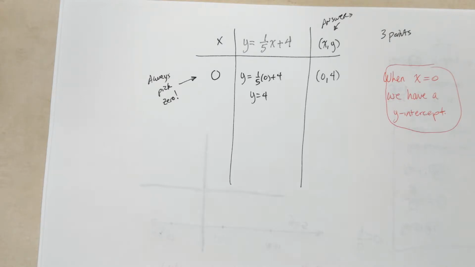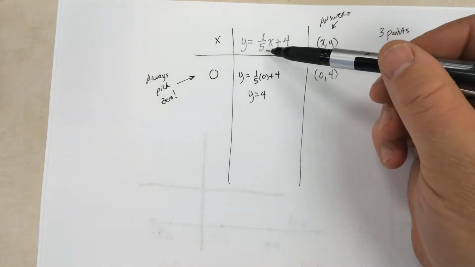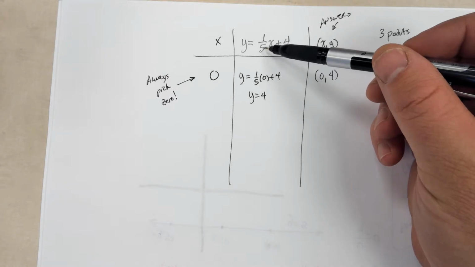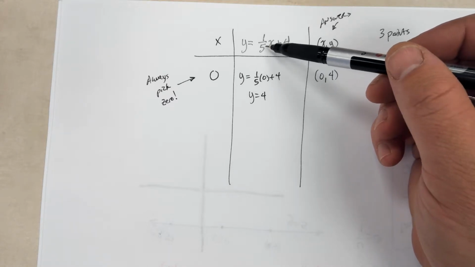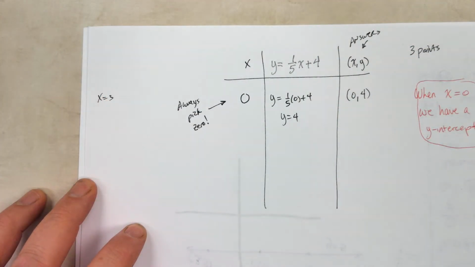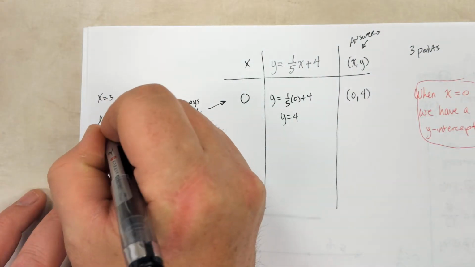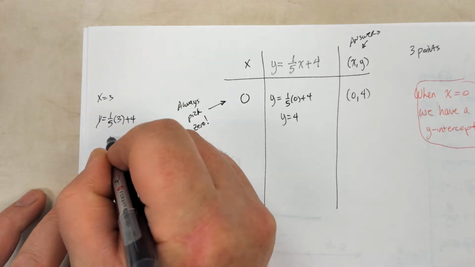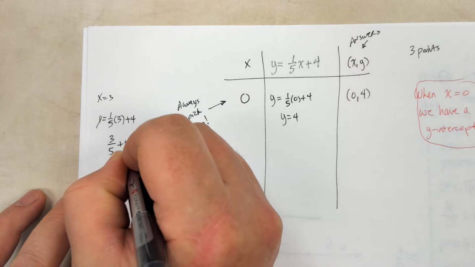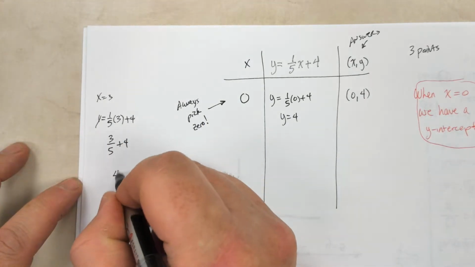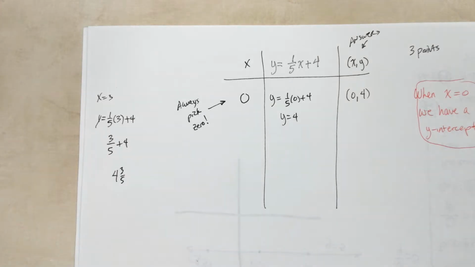Okay, now, Celine, the reason we picked 3 last time, the denominator was 3. Here the denominator is 5, so we don't want to pick 3. If I put x equals 3, then what I would have is y equals 1/5 times 3 plus 4. So 3/5 plus 4, you gotta do some fractions. You can do the math, that's just 4 and 3/5, but it's gonna be kind of difficult to graph and